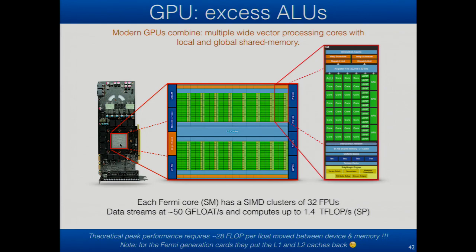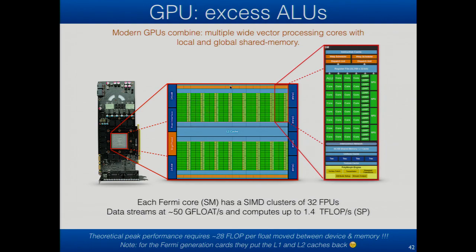Let's see if I can remember all the generations. There were the ones before they decided to start naming the chips after scientists, and then there are the scientist generations, and we have, I think, I can't remember if the first generation was Tesla, but there's Tesla, Fermi, then Kepler, then Maxwell, which is the current generation. The next generation was going to be Volta, but nobody had heard of Volta. They also had some design issues, so they've progressed to Pascal. So not only scientists, but mathematicians. Okay,